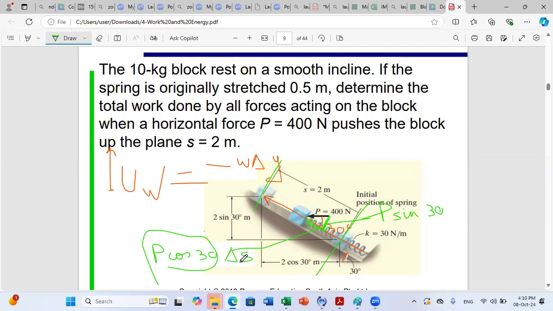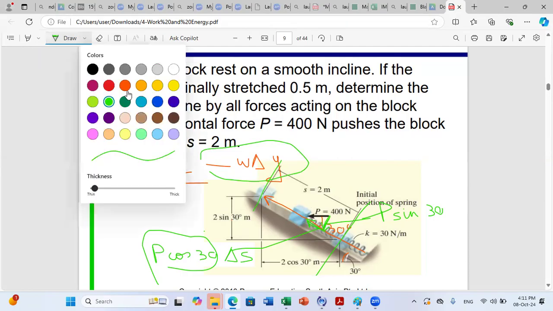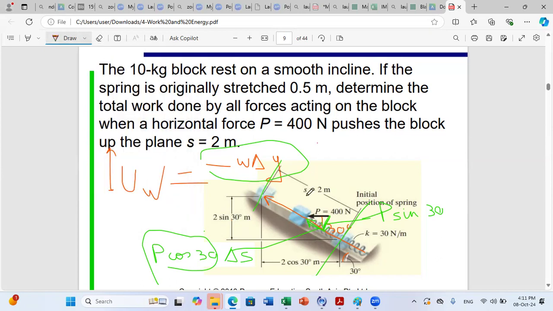For the weight, you can apply the formula directly because it's developed in the course material, minus W delta Y. Or you can do exactly as you did for P. The weight is actually a vertical force. Let me draw it. I can project it on the direction of motion. It is divided into two components, one perpendicular to motion that will not do any work, and one